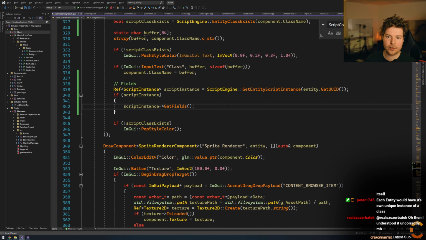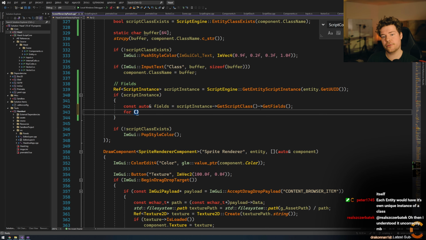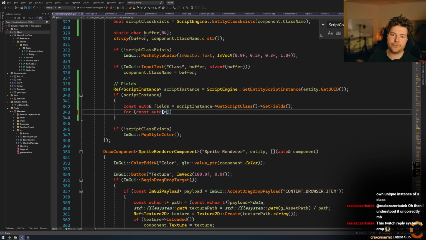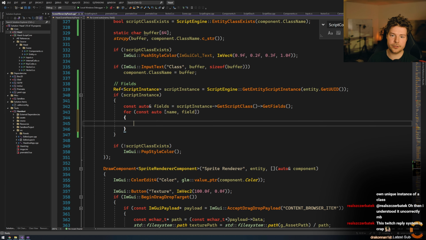So basically in that scene hierarchy panel, if we get script instance, we're going to have to get the script class, then we can get the fields, right? And okay, yeah, we're gonna have to add some stuff here in a minute, but this will be a good starting point. So auto fields. So let's go through const auto. So how are we storing the fields against string? Okay, so name, field,